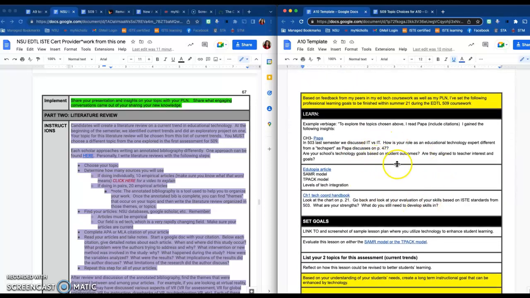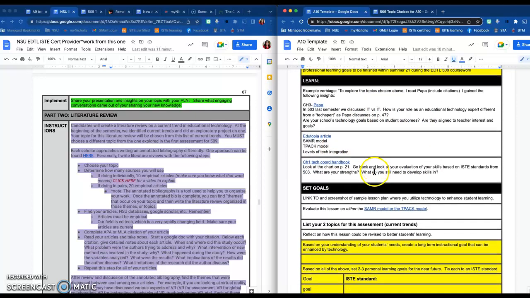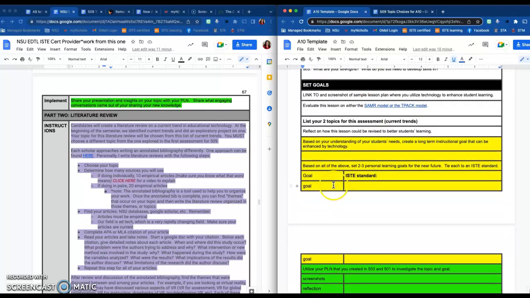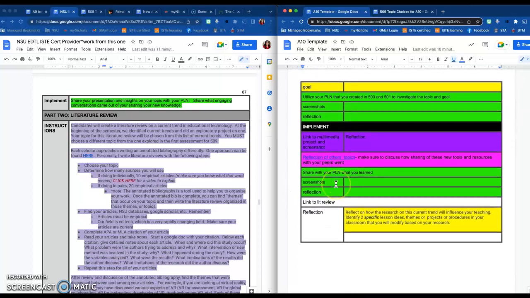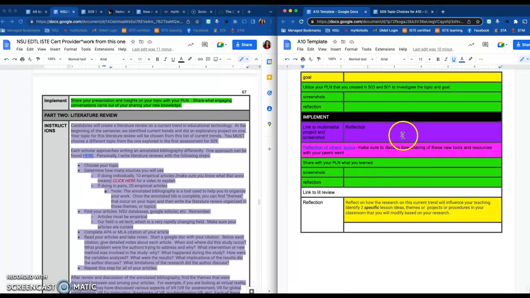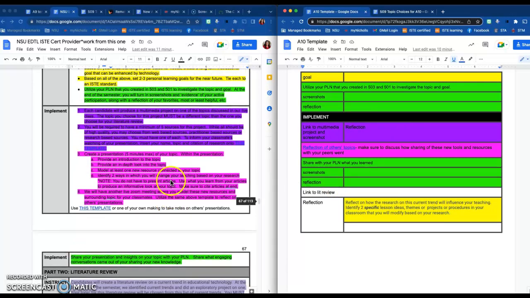You're going to do your learn section, learn about the SAMR and the TPACK model. Then you're going to create those 2 goals, like we said, and you're going to tie them to your ISTE standards. And then you're going to utilize your PLN to investigate the topic a little bit. And then your 2 major things that you turn in here is your presentation, and that is over here of